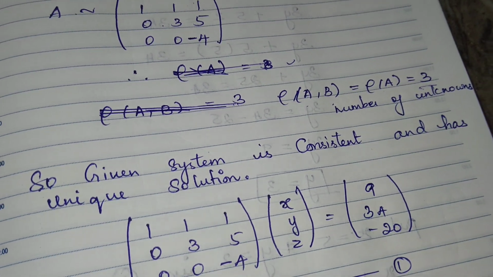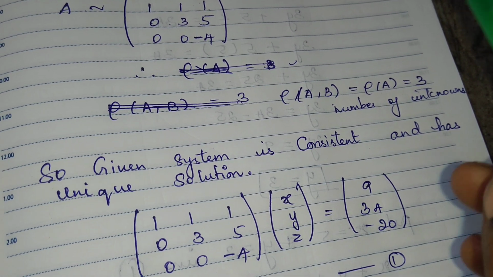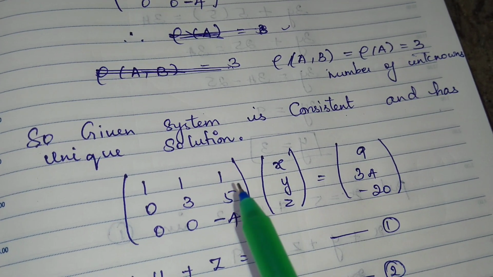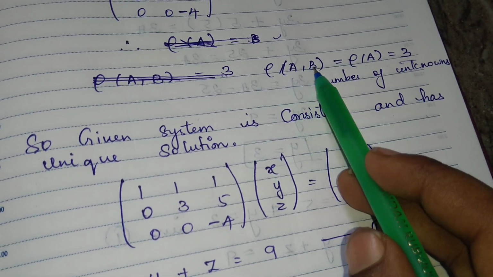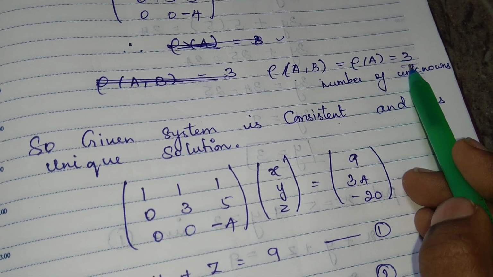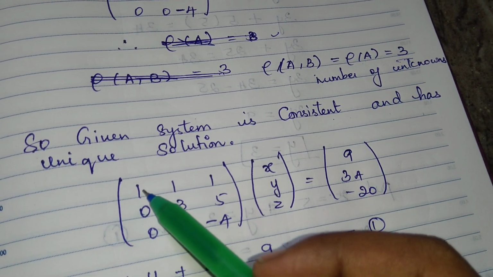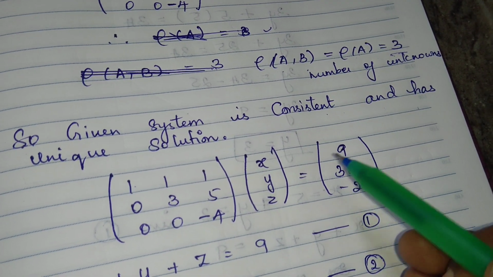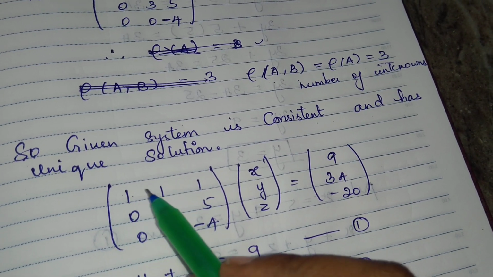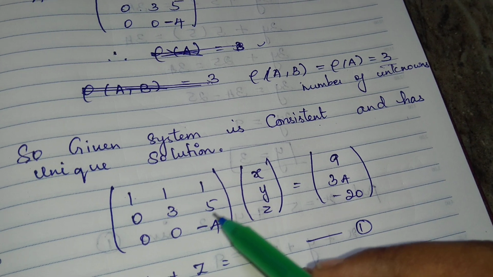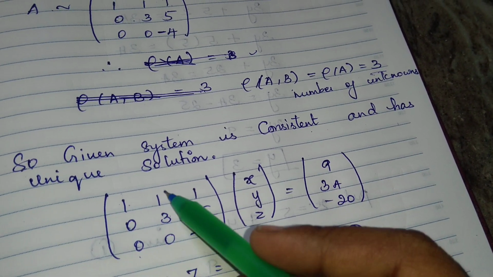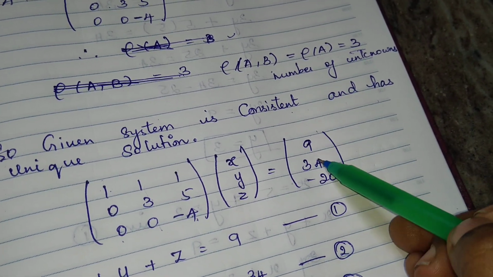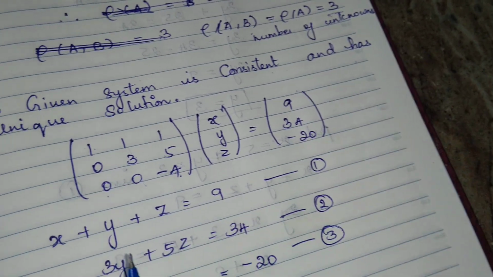So what we saw, it is your first thing, that is your unique solution. So you say the given system is consistent and has a unique solution. Since row of A comma B and row of A is equal to 3, how do you say? See, this is A, row of A. This is row of B. Yes. So row of A means you have X term, Y term, Z term, all non-zero values you have. This is your X, this is your Y, this is your Z. So here also you have X, Y, Z. So your thing is okay.